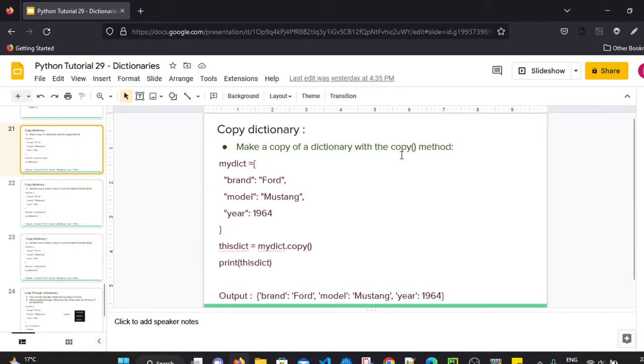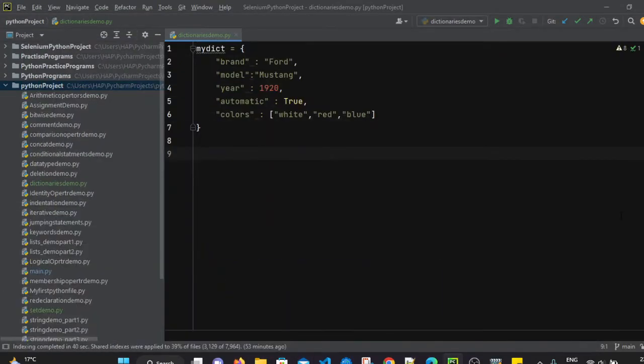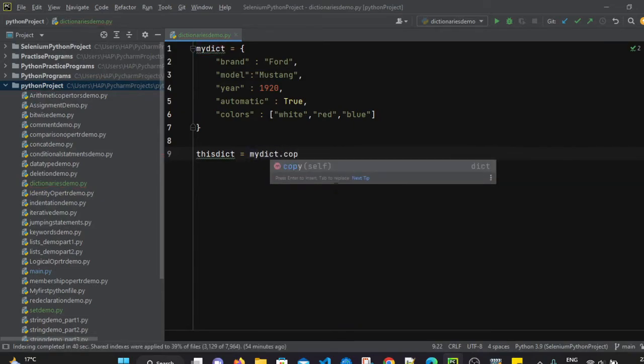Make a copy of a dictionary by using the copy method. So there is a copy method. If I want to make a copy of my dictionary, I can simply use the default copy method. I will define a new dictionary, let's say this dict, which should be a copy of mydict. So we can simply mention mydict.copy.